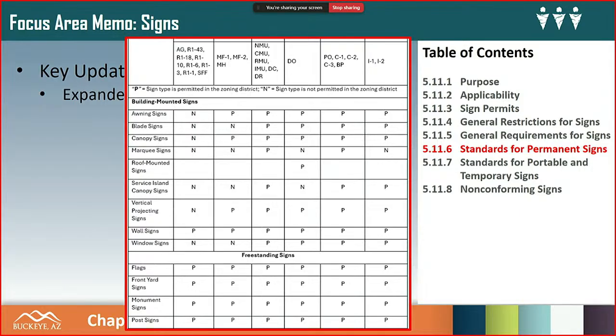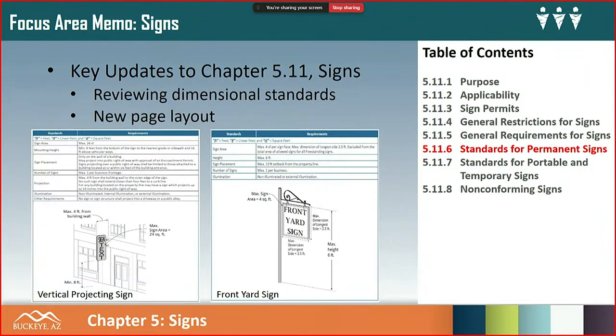So if we go to the next slide, we're going to create, using very similar standards from what the city has today for area and height, and we're actually working with the city staff on some revisions to, in some instances, increase the amount of wall-mounted sign areas, and in the industrial zones, for example, perhaps reduce it.